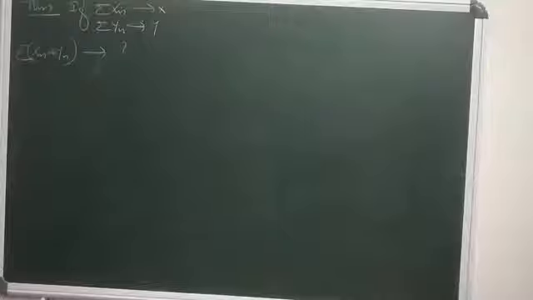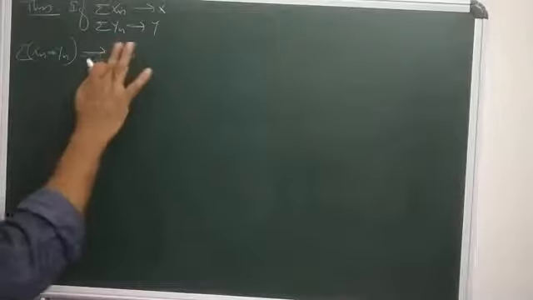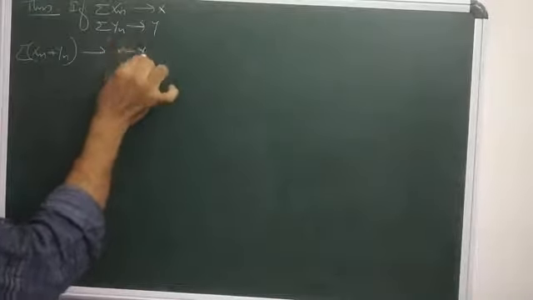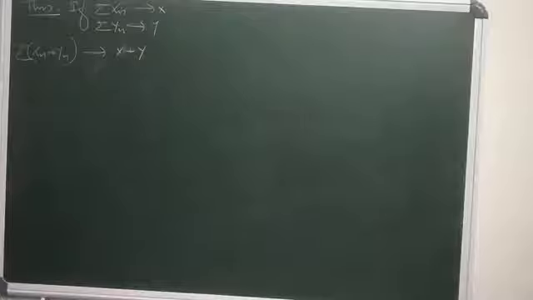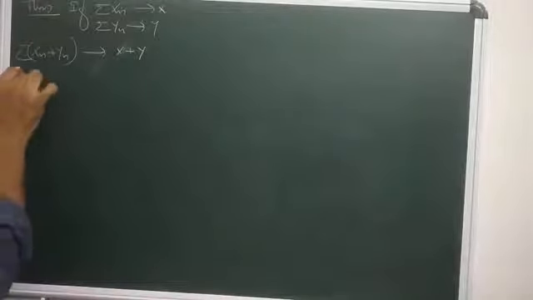When two series converge to two distinct points, then the sum of the two series converges to the sum of the two limits. That is, if sigma xn converges to x and sigma yn converges to y, then sigma xn plus yn converges to x plus y. This is the theorem. How to prove this one? So its proof is,